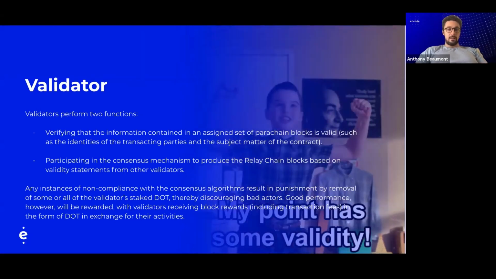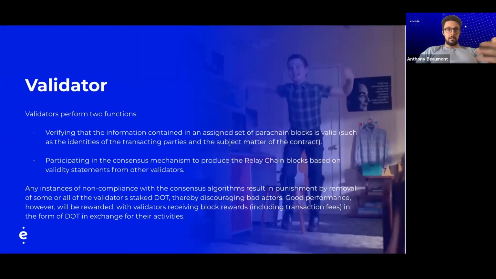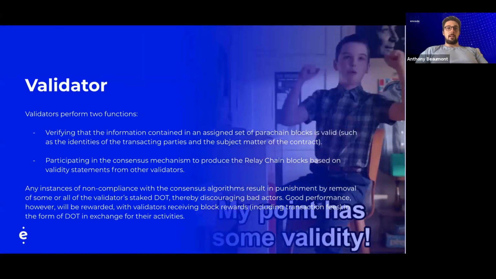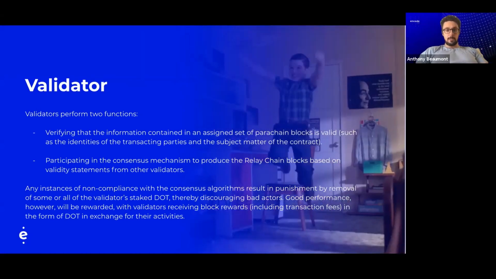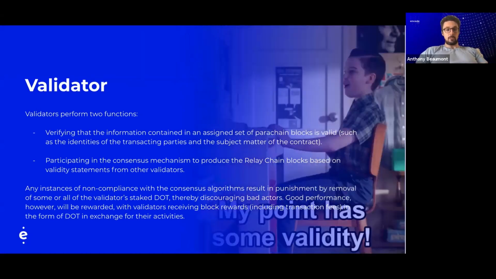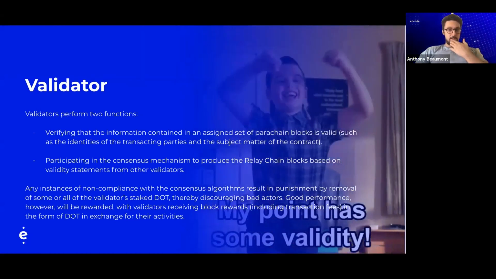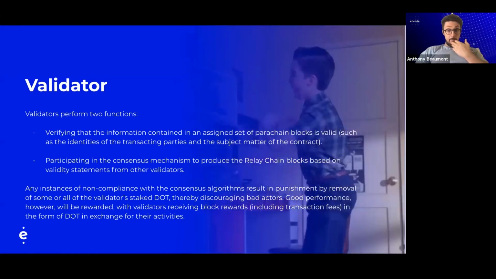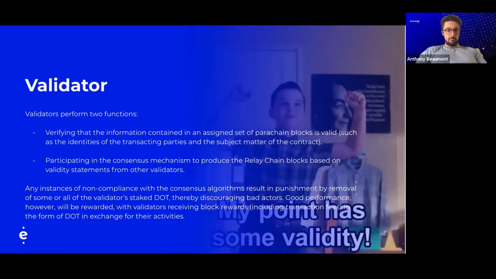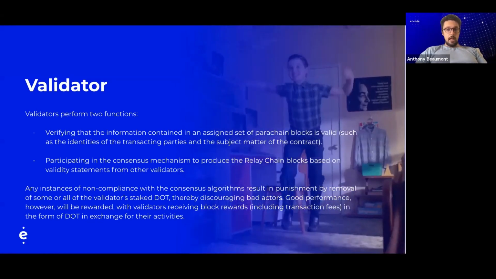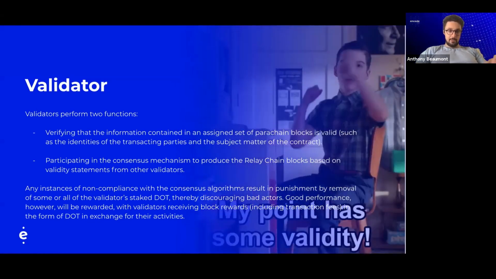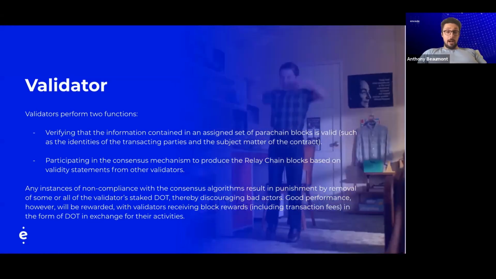To do that, you'd have to stake a lot of DOT, and you'd have to have a lot of nominators behind you. Because there are so many DOT holders, this becomes extremely difficult to do, and DOT is worth quite a lot of money. Again, extremely difficult to do, so it's not worth risking being a bad actor. So this is one reason why DOT has economic incentives that skew the system, and why lots of different parachains would want to use DOT.